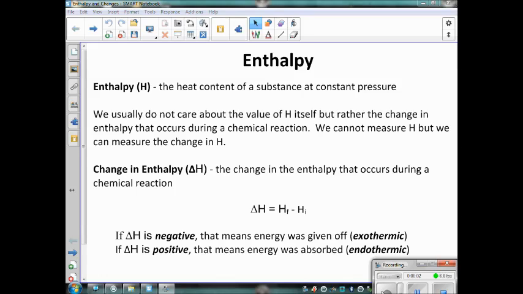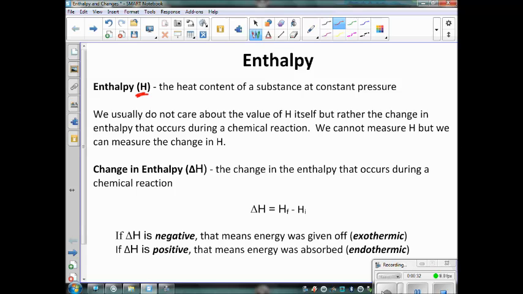Time to continue our conversation about thermodynamics. So enthalpy is defined as the heat content of a substance at a constant pressure. Essentially, enthalpy itself, the value of H, you notice here that it has a symbol of an H. We don't really care about the heat content per se of the substance. What we really care about is the change in the heat content of a substance during the course of a